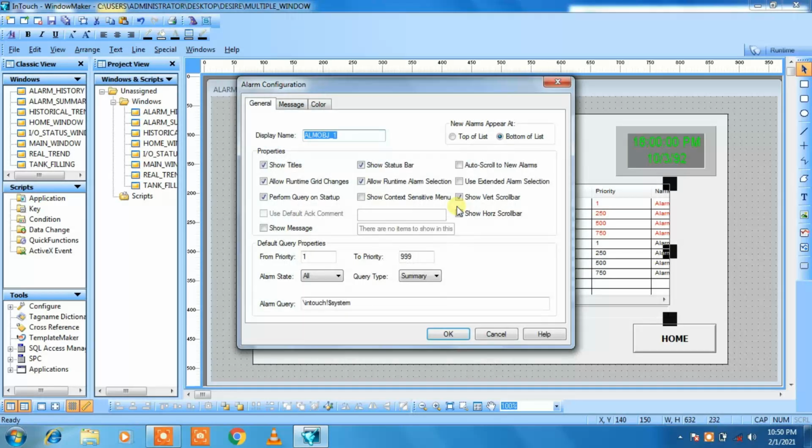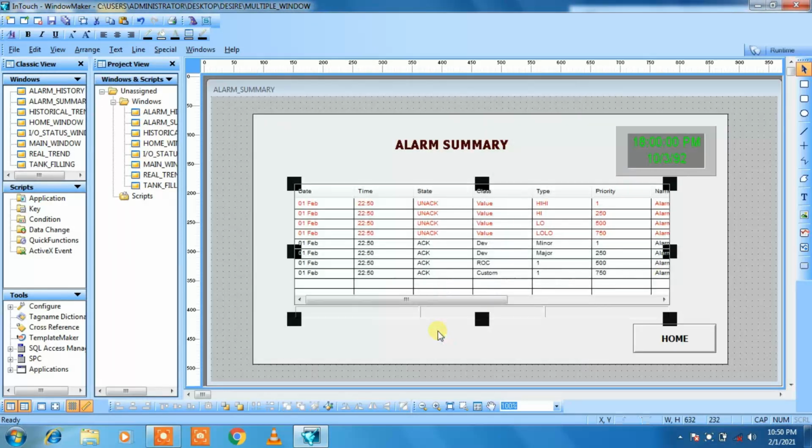Double click on it. We can give the display name as alarm summary. Let me give the name as summary. Then here query type will be summary and just click on OK. So by this way we have done the graphical representation for alarm summary.